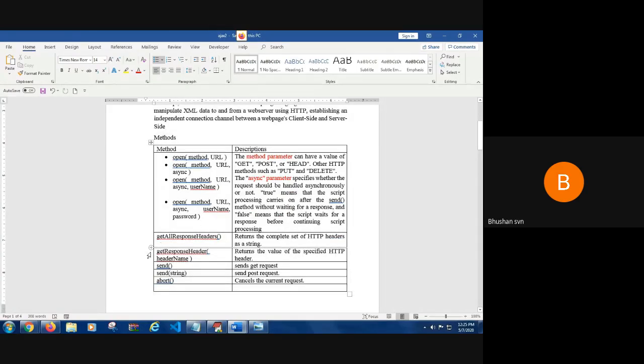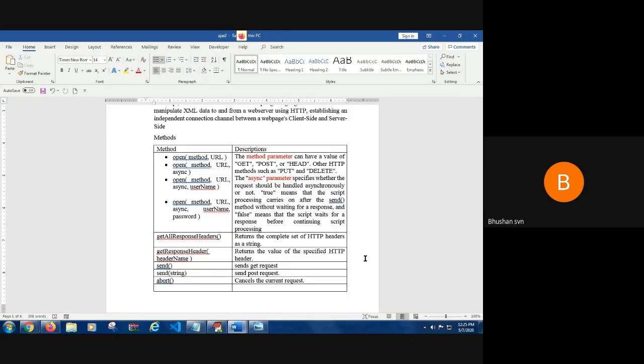Second is getAllResponseHeaders. It returns a complete set of headers as a string. There is an HTTP header format and an HTTP response format. When you send any request from the client, it goes as an HTTP request, which has different parts of the header.